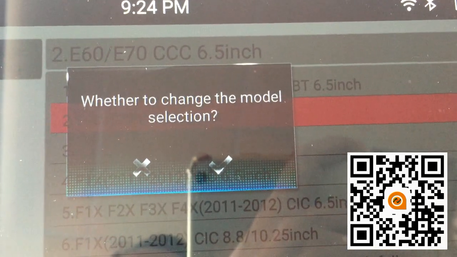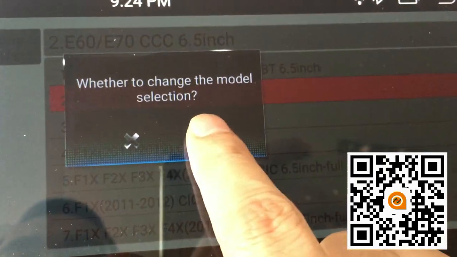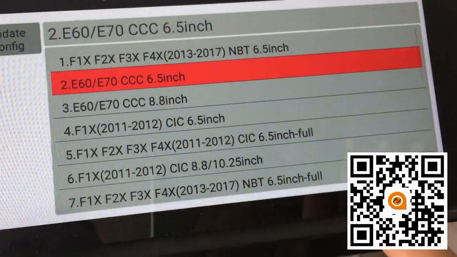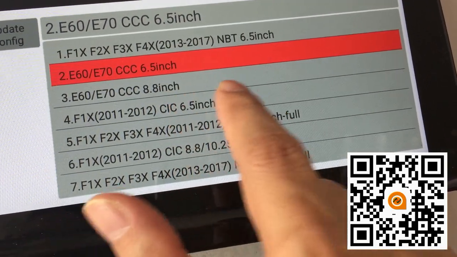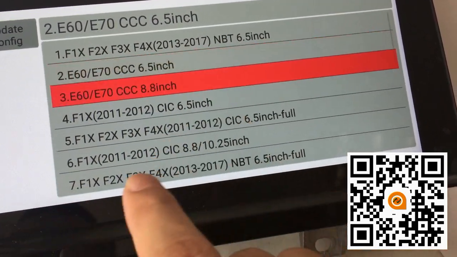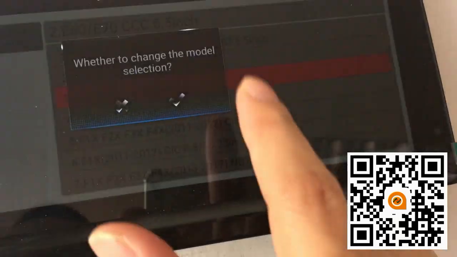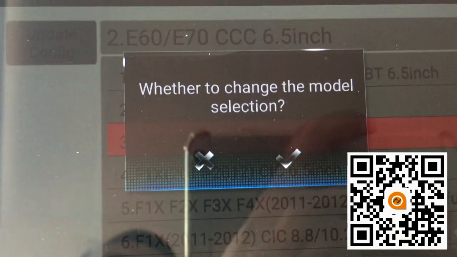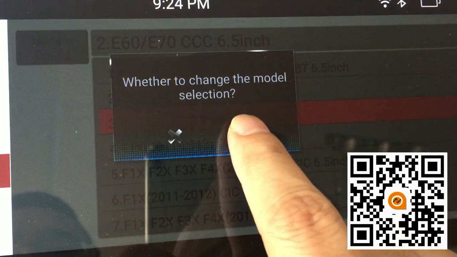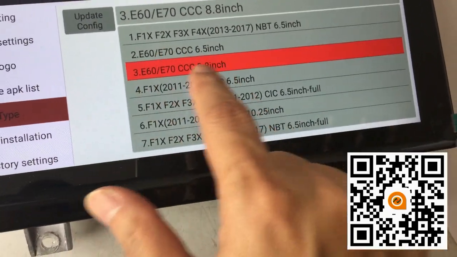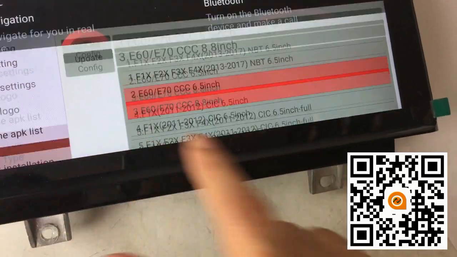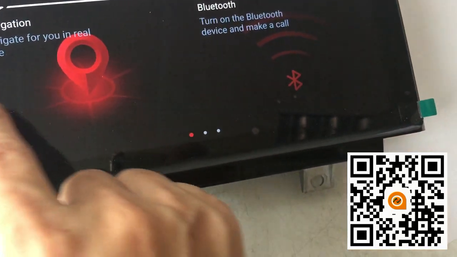A message comes out. Just click this one. If your car is 8.8-inch screen, then you should choose this one. Just like this, and click this one. Then you're okay. Now you can go back to the main menu